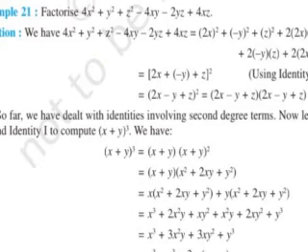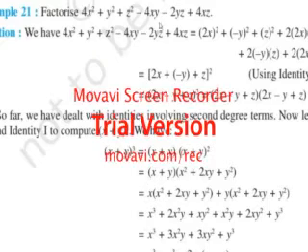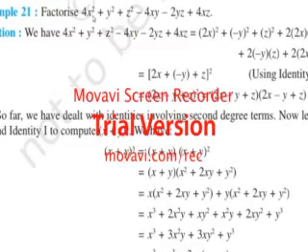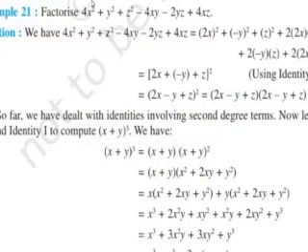So you have to bring it in the form of x square plus y square plus z square plus 2xy plus 2yz and plus 2xz. For that you have to see the square forms, and you have to write it in the bracket in the form of x square, y square and z square. Y square and z square are as they are, only x square is different: in place of x square here it is 4x square. So 4x square is a square of 2x. 2x into 2x is 4x square. So it has been kept 2x whole square.